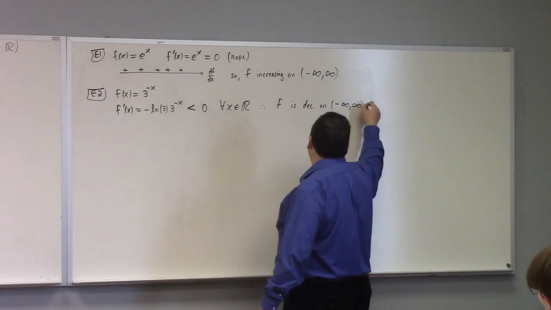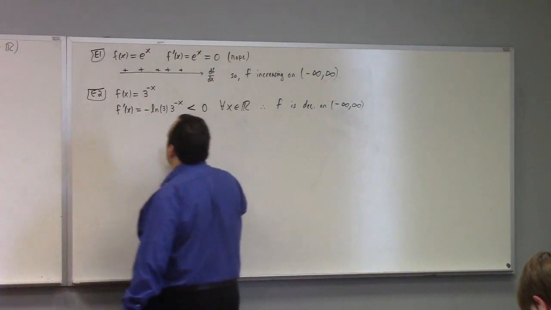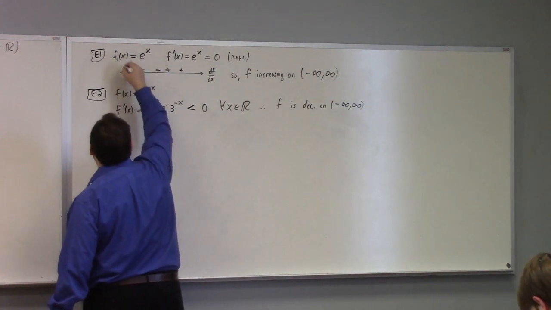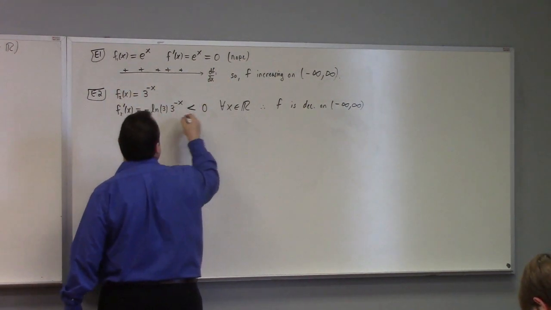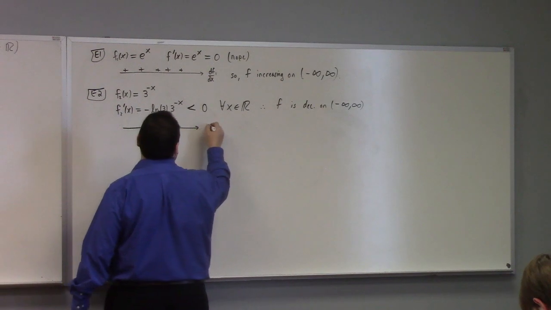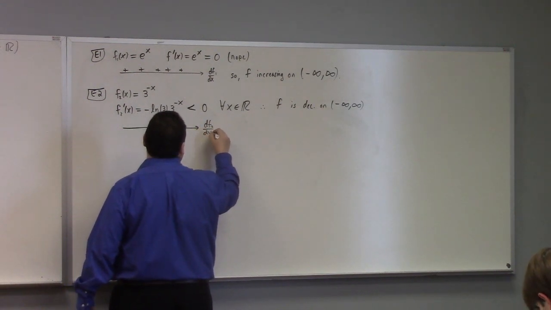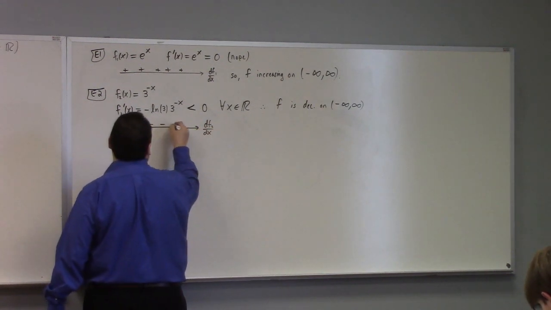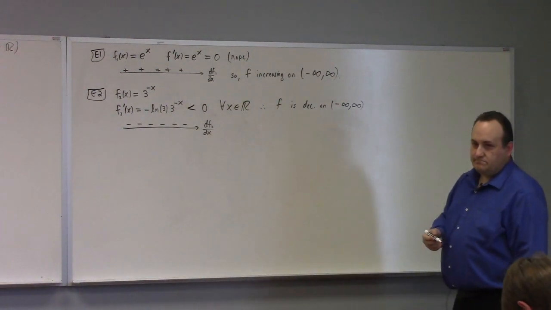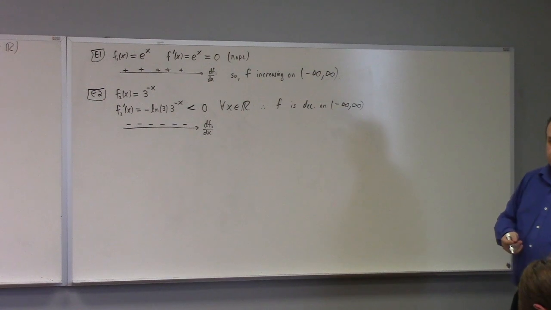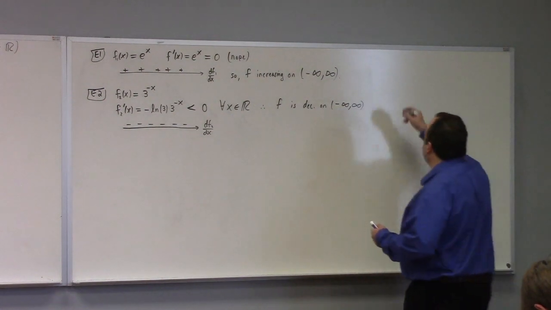I could draw the sign chart, but it's just so silly. I mean, I'll do it. I'll call this f1, I'll call this f2. So here's the sign chart, df2 dx. It's just minus, minus, minus, minus, minus. Yep. So the derivative is negative, it's decreasing. Positive, it's increasing. That's right. If the derivative's everywhere positive, it's increasing.